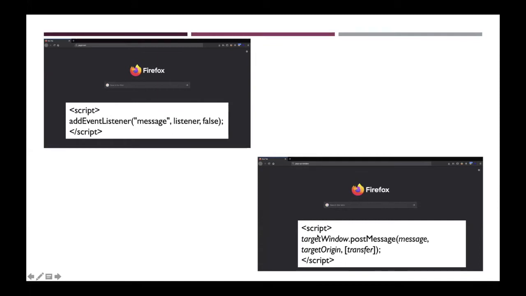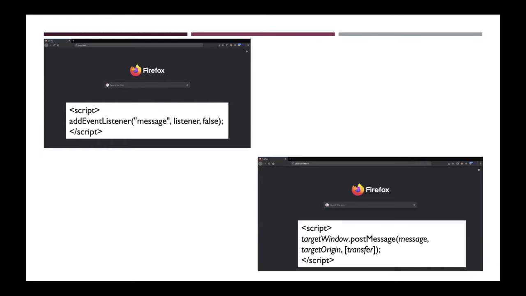In the pop-up window, you have to define the targetWindow.postMessage function, in which you declare the message which will get shared, and you define the target origin, that is, with whom you are sharing.